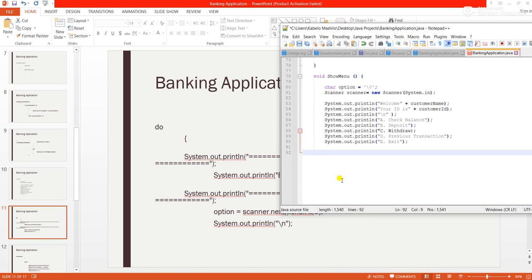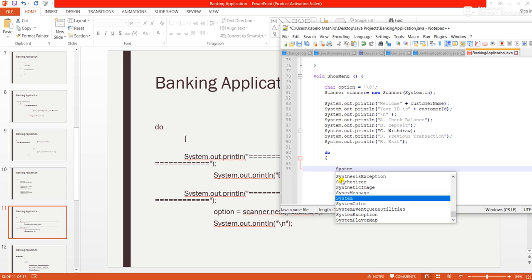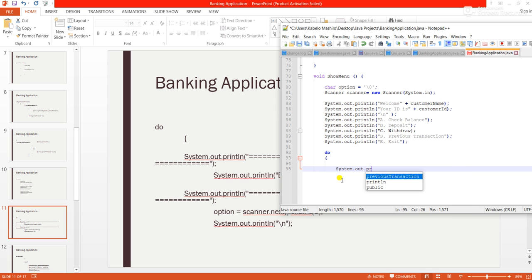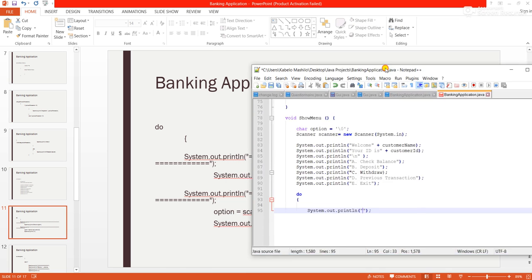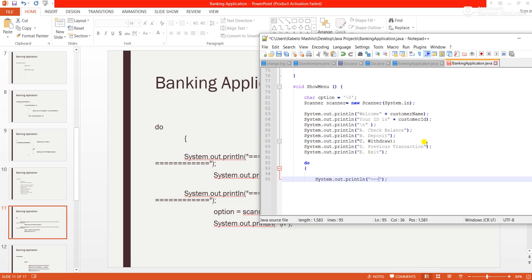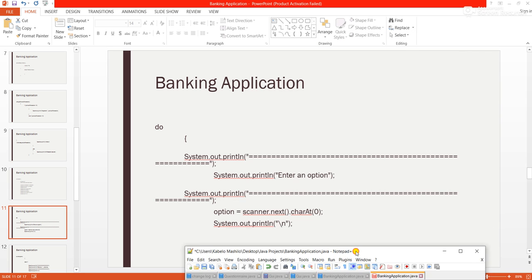So in the do while method, it will execute system dot out dot print, and then inside this is just